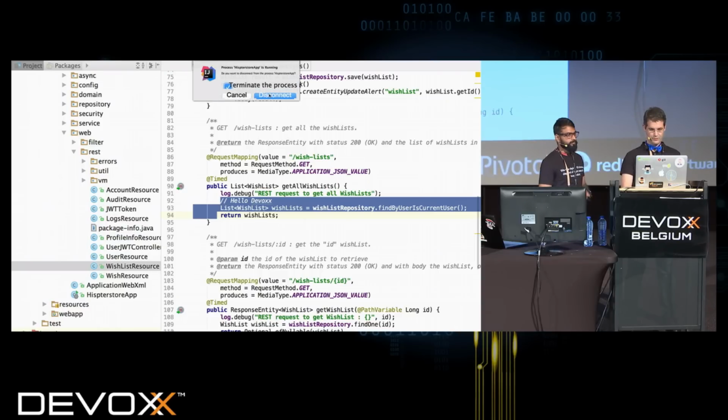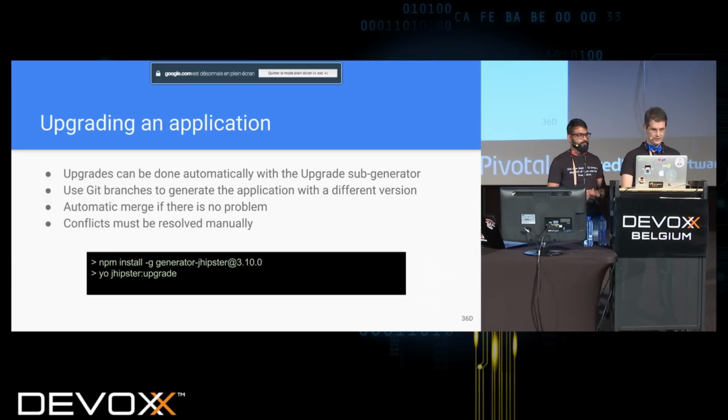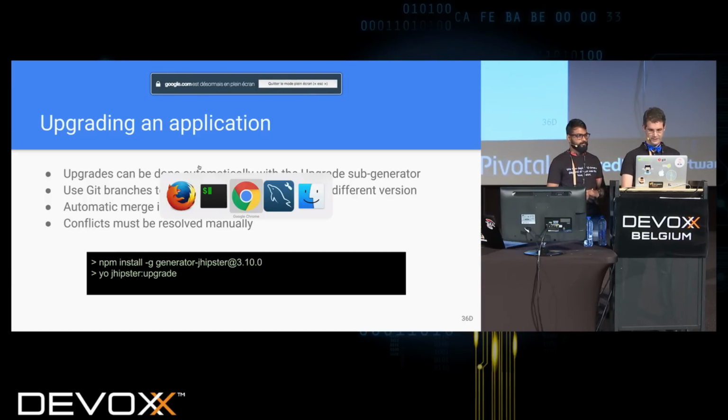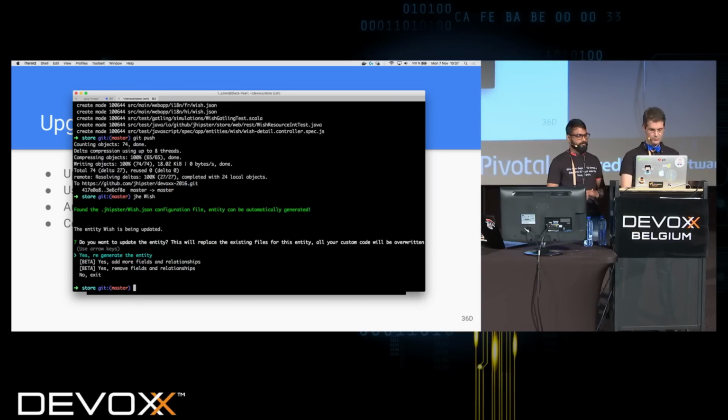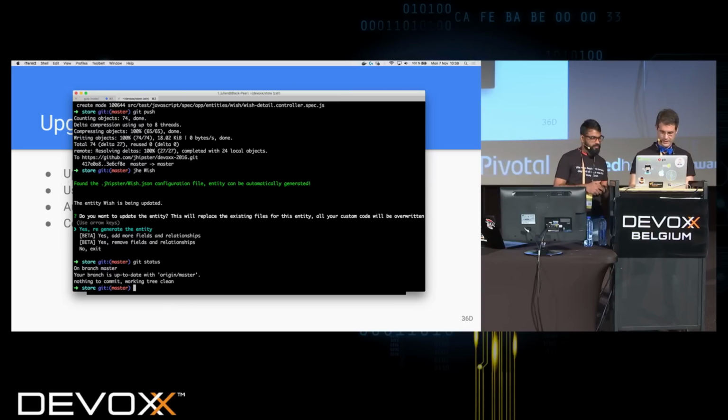As I'm a little bit frightened of what's going to happen with IntelliJ, I'm closing it, because what we do is a little bit advanced on Git. IntelliJ will complain about file locks and stuff. So you need to... Git status. Did I commit everything? Yes, everything is clean. So I'm going to do npm install